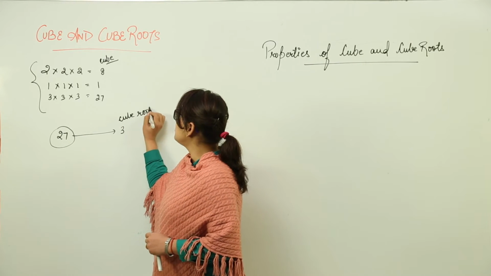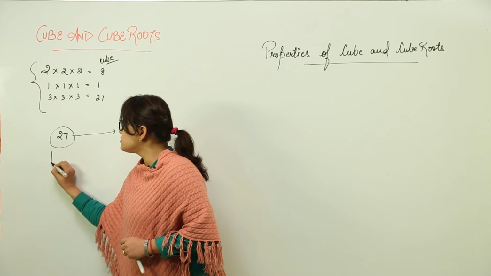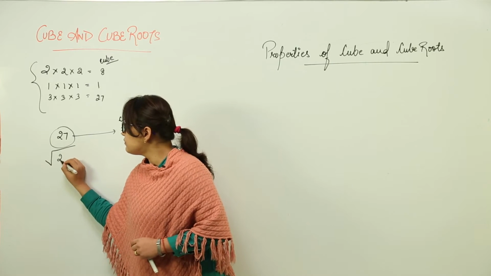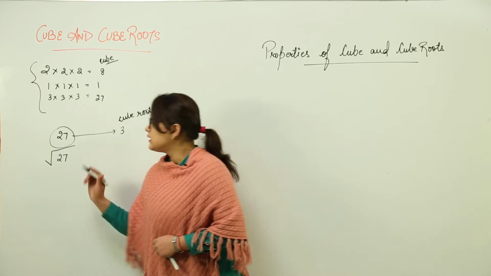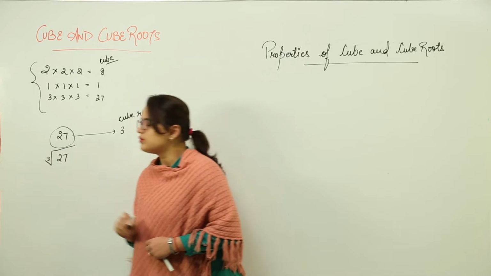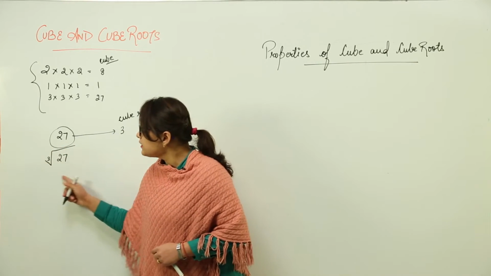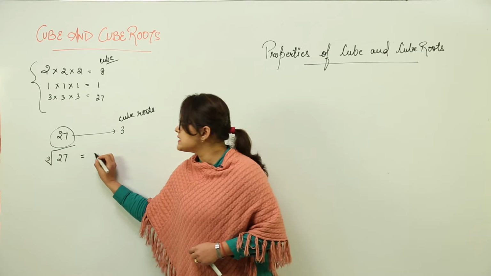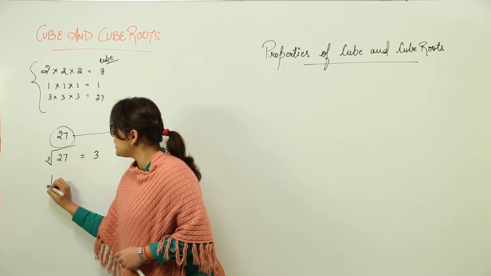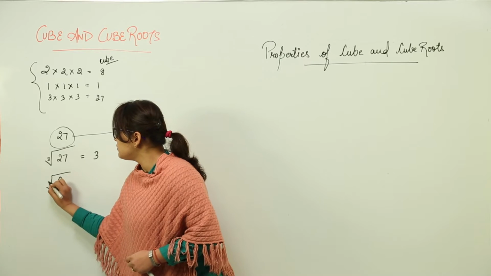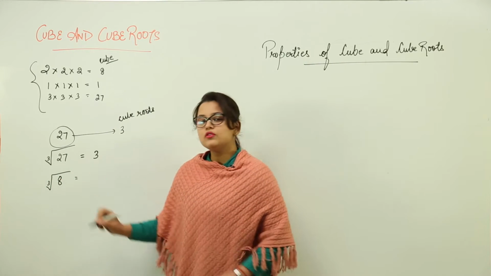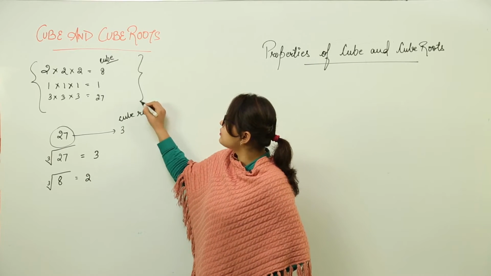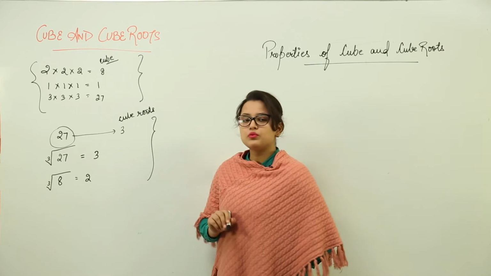Now how do you represent a cube root? We represent cube roots by making this sign that is similar to the square root sign. But what is the difference between cube root and square root representation? The difference is you write a small 3 over here. Now this sign represents that we will have to write the cube root of 27, which is 3. Similarly, if we want to write the cube root of 8, that will be written like this. And what will be the value for this? It would be 2. So I hope by this you have become clear with the concept of what are cubes and what are cube roots, right?